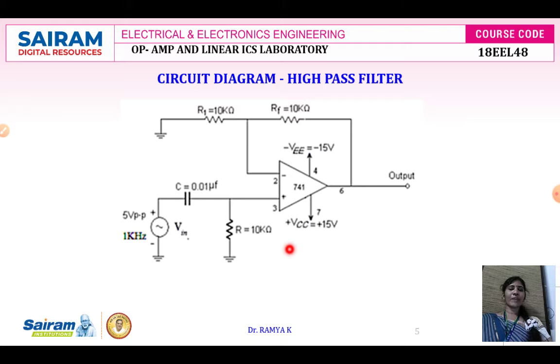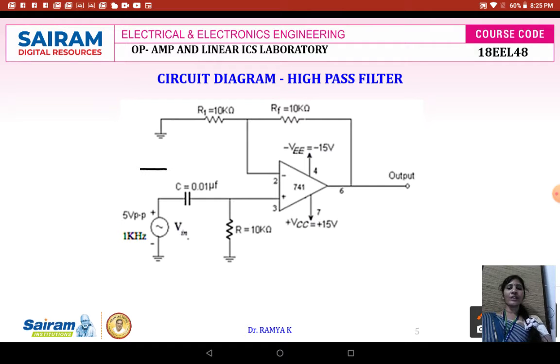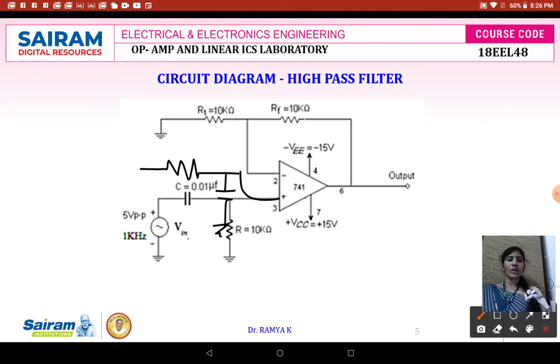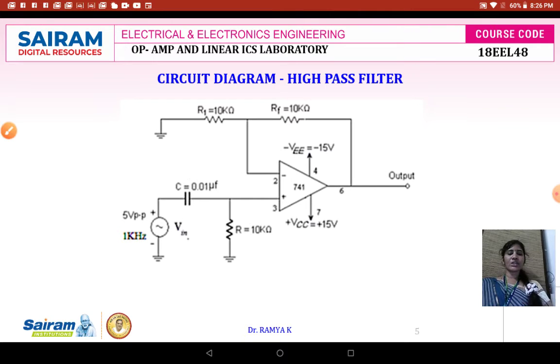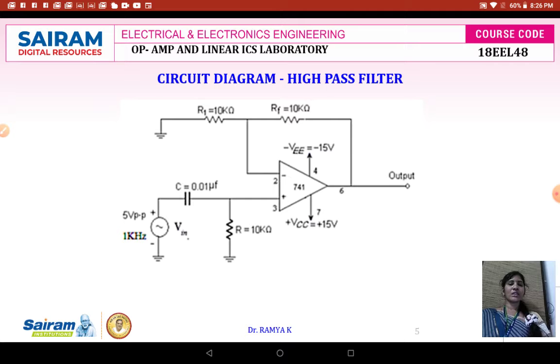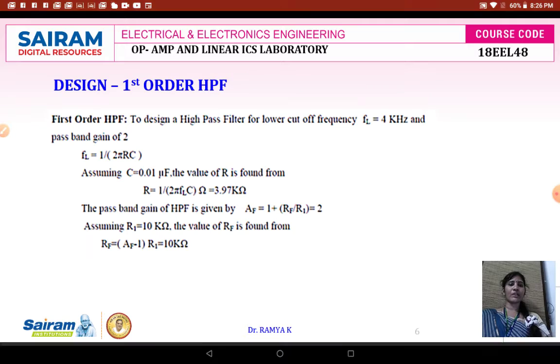The circuit diagram for high pass filter is as shown over here. In case of your low pass filter, resistance R is used in series and the capacitor C is used in parallel, and it has been grounded and it is connected to pin 3. Whereas in case of your high pass filter, just the R and C positions are changed and all other circuit connections remain the same. What is the use of this filter circuit? It is used to filter out the ripple values.